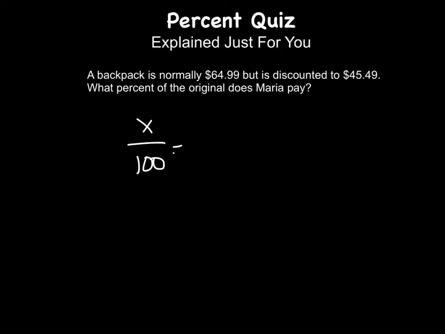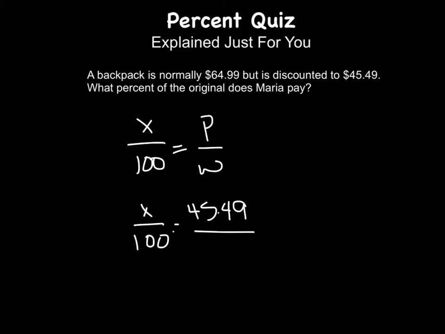And we know that percent is going to equal part over whole. So then I'm just going to put in my part and my whole. My part is going to be 45.49, and my whole is going to be the original price of $64.99. And then all I have to do is solve for that. So what I like to do, instead of trying to isolate the variable and get it by itself, I just do this division right here, because we know that this really means